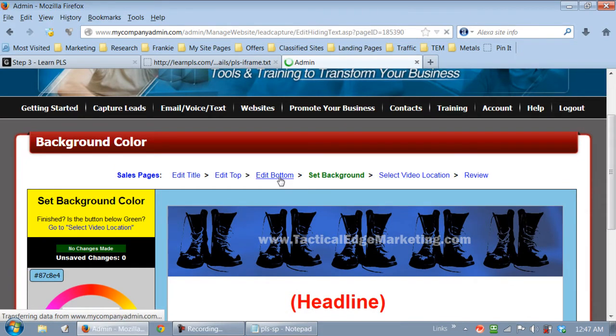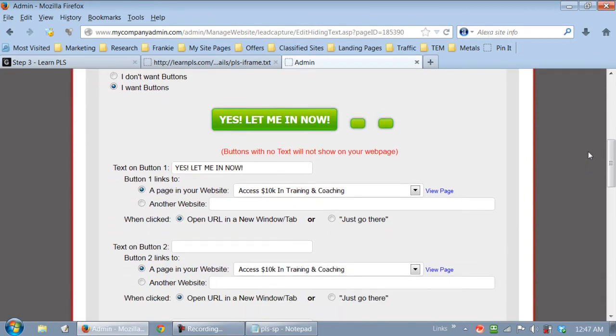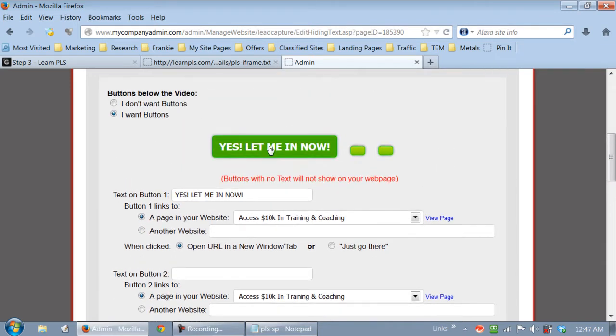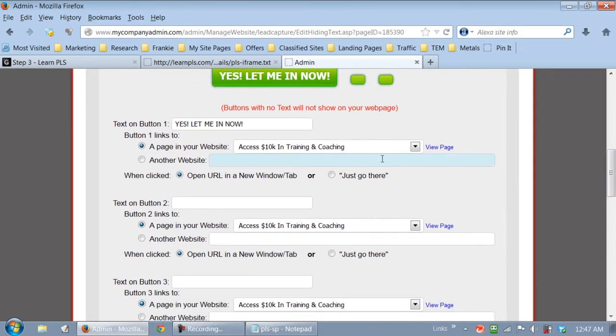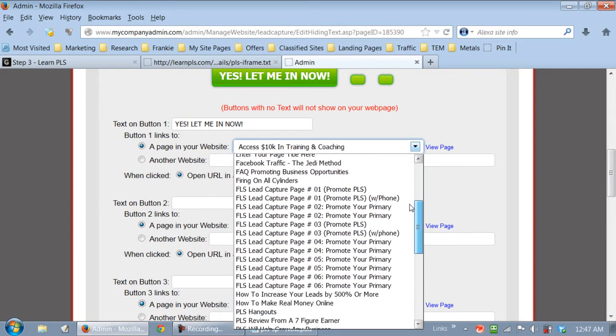Let's go back to edit button. I don't know what happened, but anyhow, somehow it jumped off the page. Anyway, okay, now page where you want this button to connect to. When somebody clicks on this button, where do you want that person to go? Here's what we're going to select. Click on this drop down, and I want you to find,